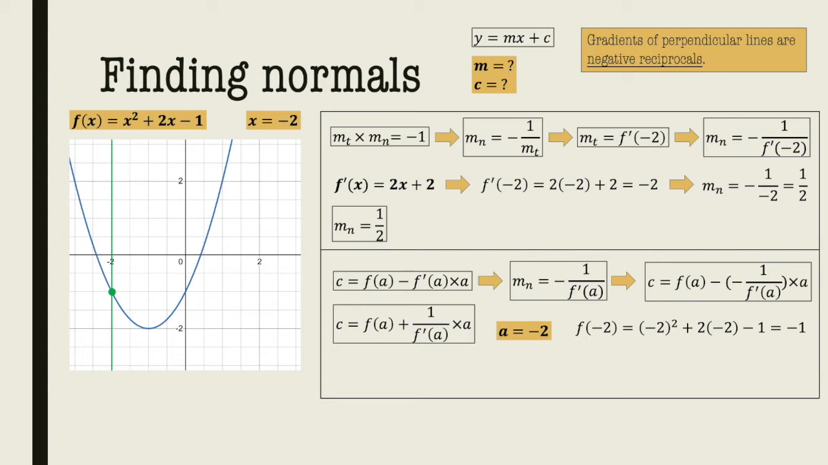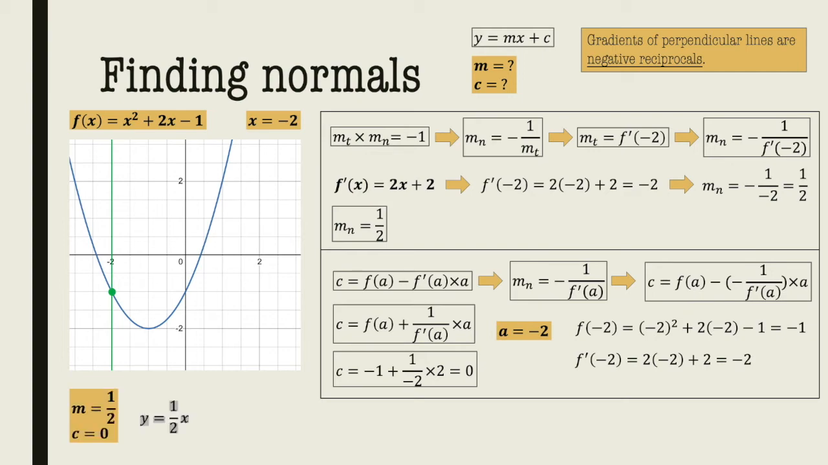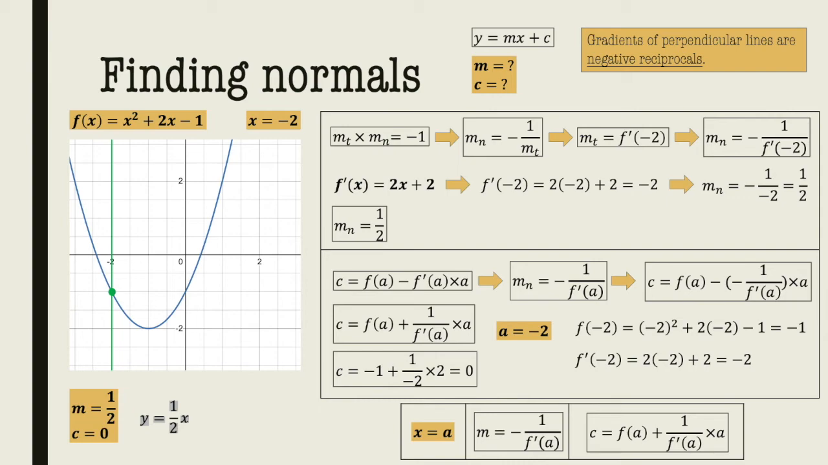F of negative 2 is negative 1 according to our calculations, and f prime of negative 2 is negative 2. Finally, we discovered the y-intercept to be 0. The final answer to this question is that the formula for the normal at x equals negative 2 is y equals 1 over 2x. Once again, I shall leave the formulas we have used to find the gradient and the